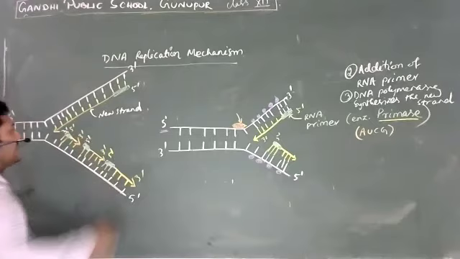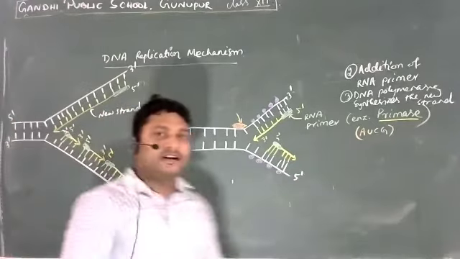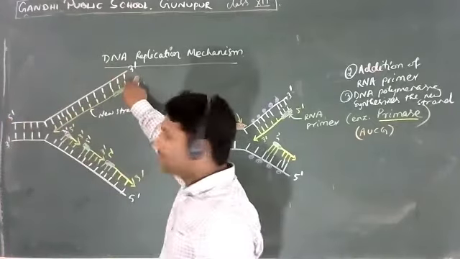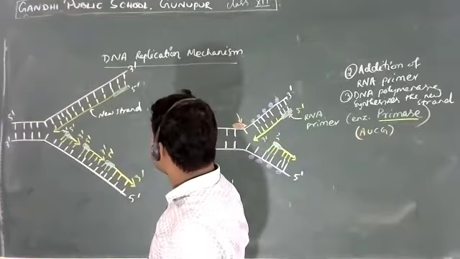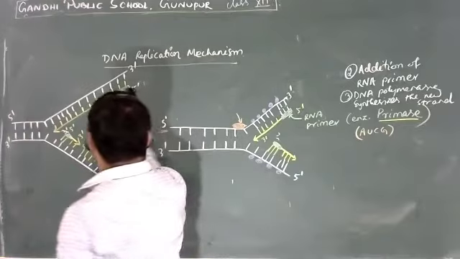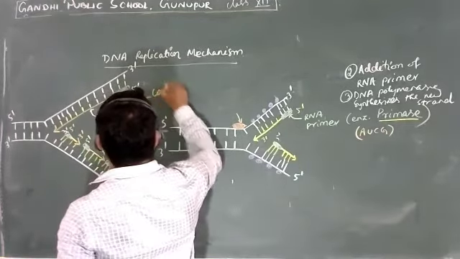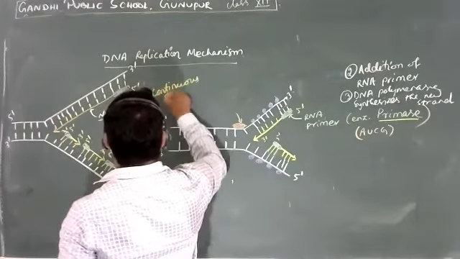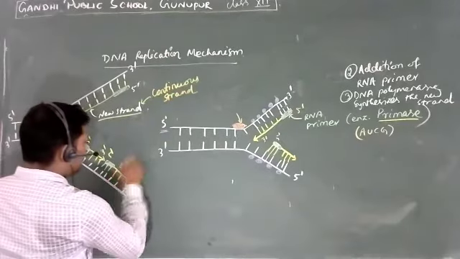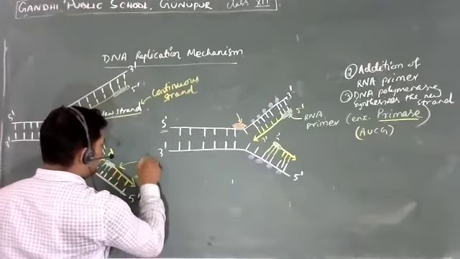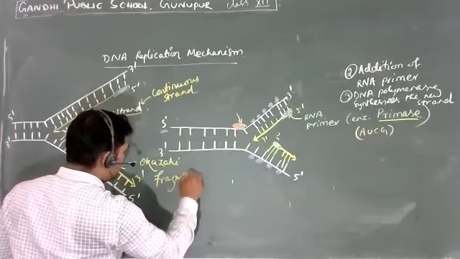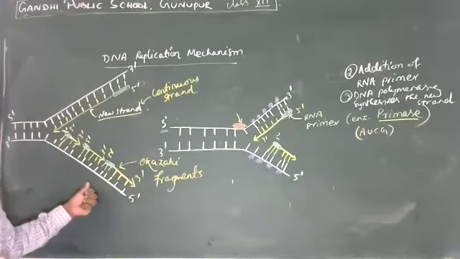So what you see here is, in this particular part, we have the 5' to 3' direction, or the template is again 5' to 3'. I think I wrote it wrong. Yes, so here we're going to have 5' to 3' orientation. So here the new strand is going to be a continuous strand, whereas on this strand, these are called the Okazaki fragments. And here it is going to be discontinuous.